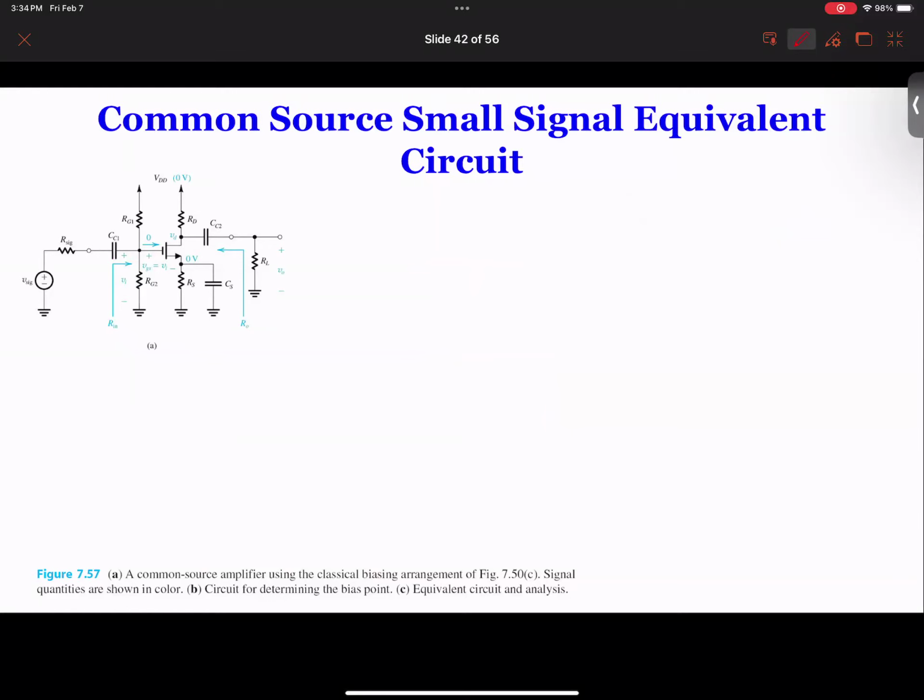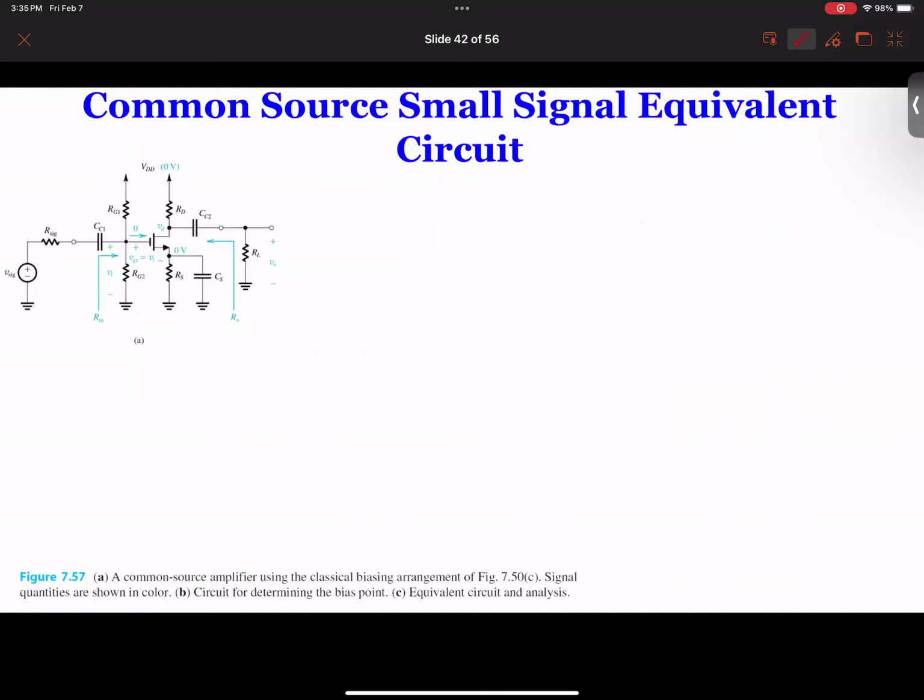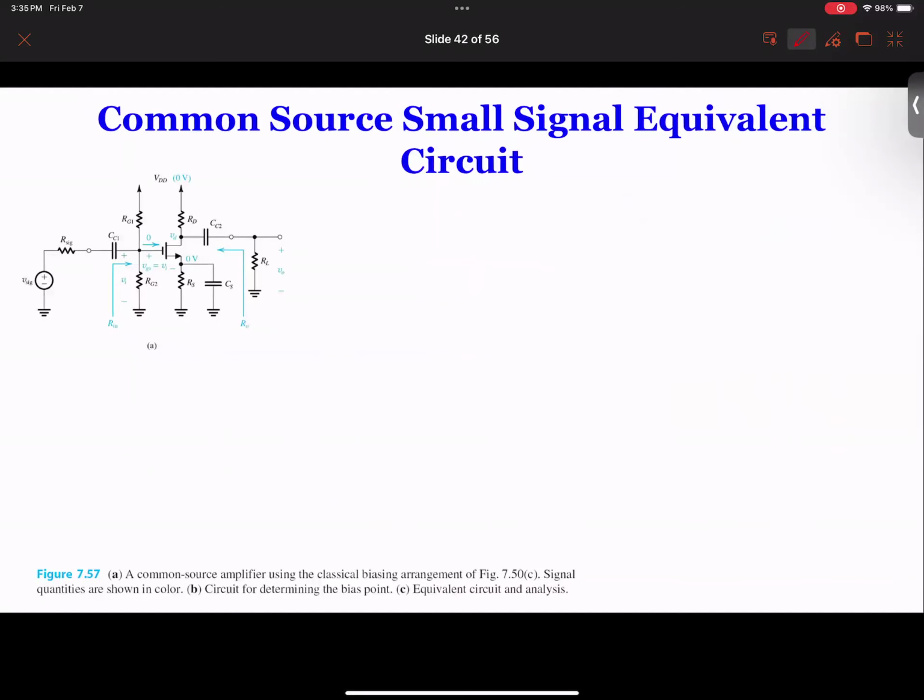Now for small signal, these capacitors become short circuits. So therefore, it is good if we redraw the circuit before we go to the small signal. Let's redraw the circuit so that it helps us to draw the small signal equivalent circuit, which means